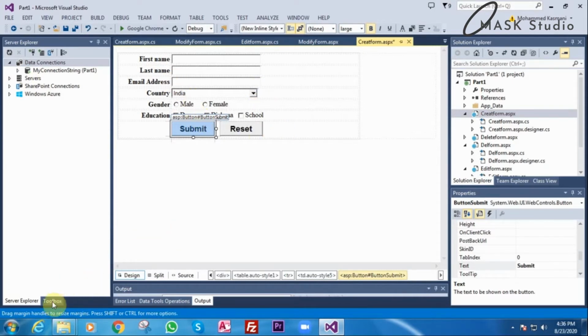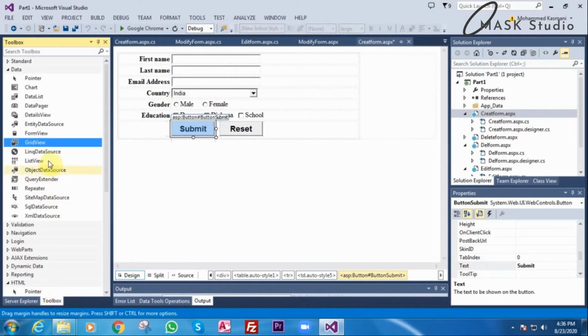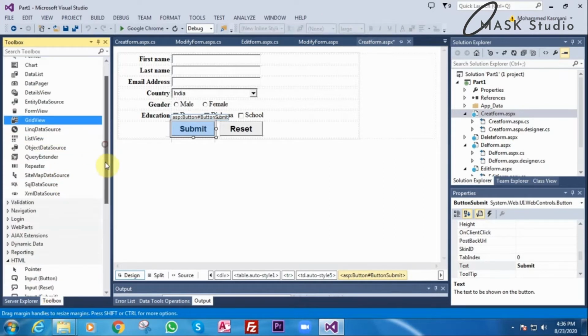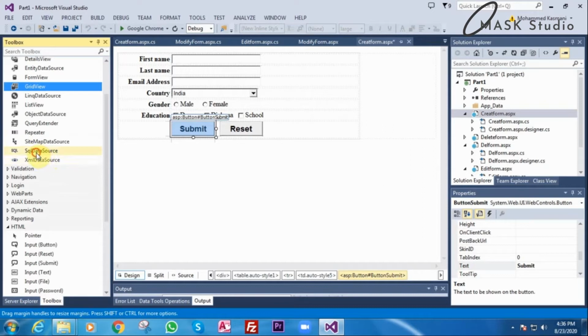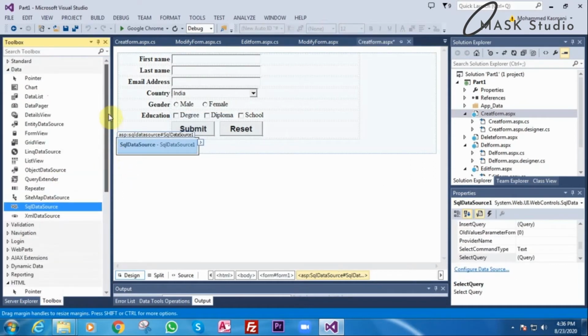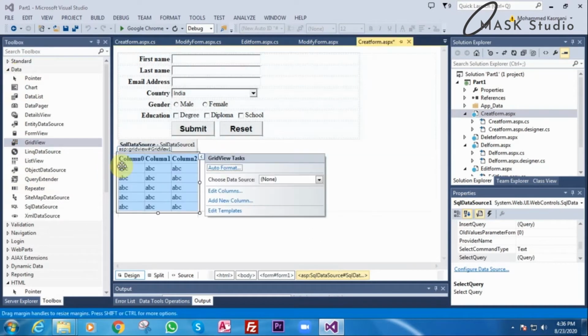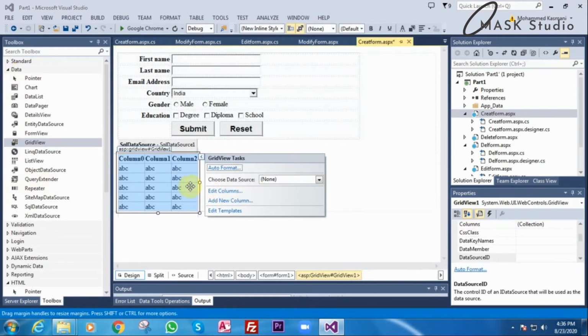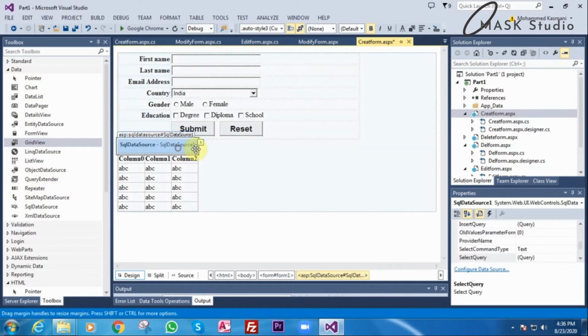For that, I will go to the toolbox. I will drag here SQL data source from data, and also I will bring the grid view so that we know how many records we are entering and whether it is entering properly. First, I will configure the SQL data source.